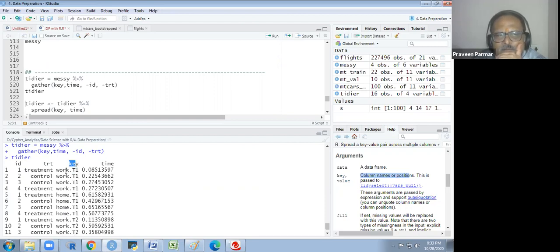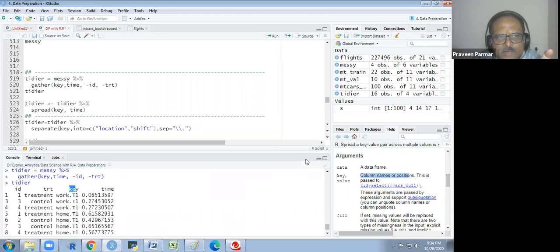This key column I want to separate into two parts. I'm not spreading it, I am separating it. From one column, we are making two columns. Does that make sense to everyone? In one column, we will get work and home. In the second column, we will get T1, T2, whatever we have. Other things remain the same.